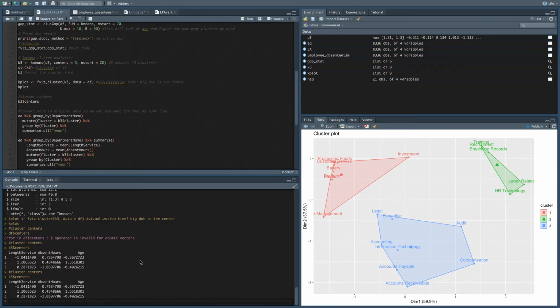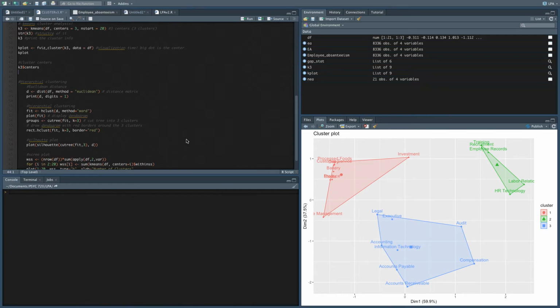The more variables you have, the more information it can give you, and you can start implementing interventions for, say, this group to figure out why they're missing so much work and start implementing those interventions that might improve that. I have for k-means, I do kind of want to play with this hierarchical clustering